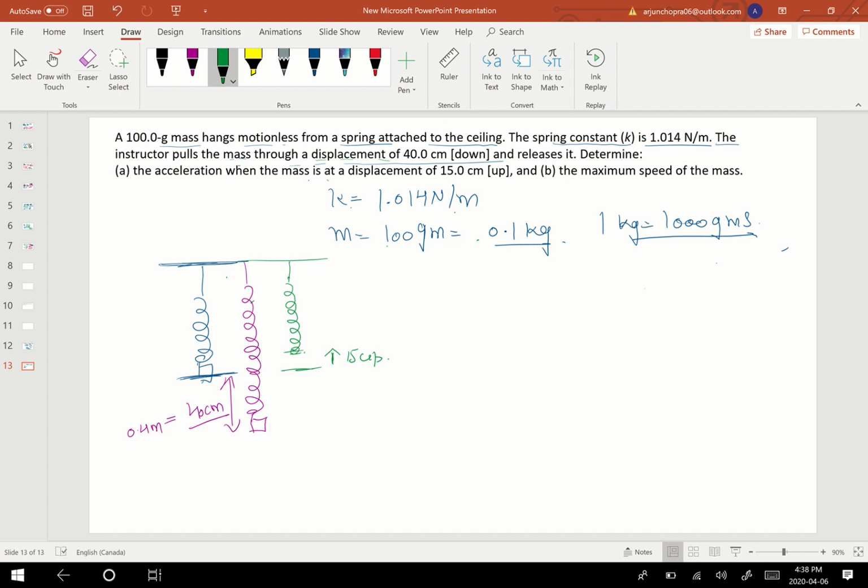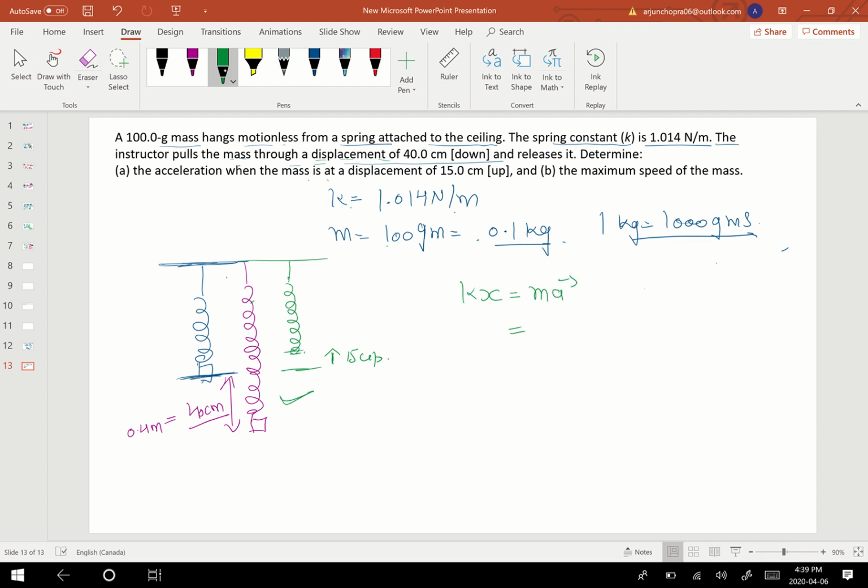At that time I wanted to find the acceleration. Now let's solve this question. So we can say that kx equals, again as I said earlier, I like to solve these questions without considering any direction. Later on we can find the direction of acceleration by looking into this diagram again. So kx equals